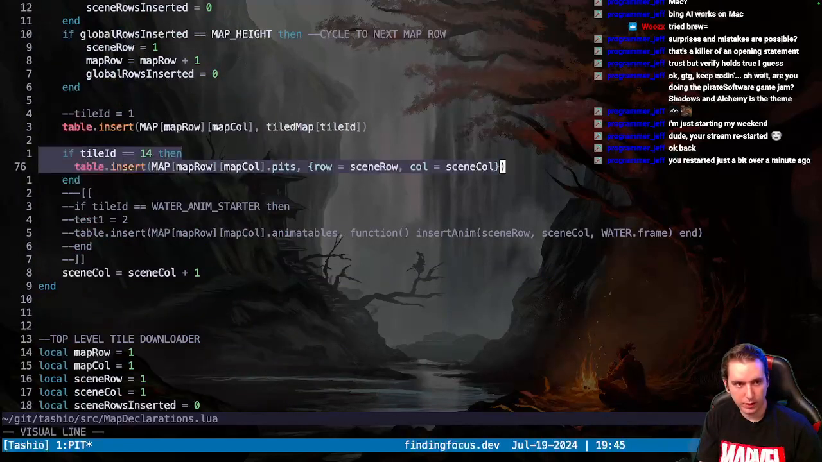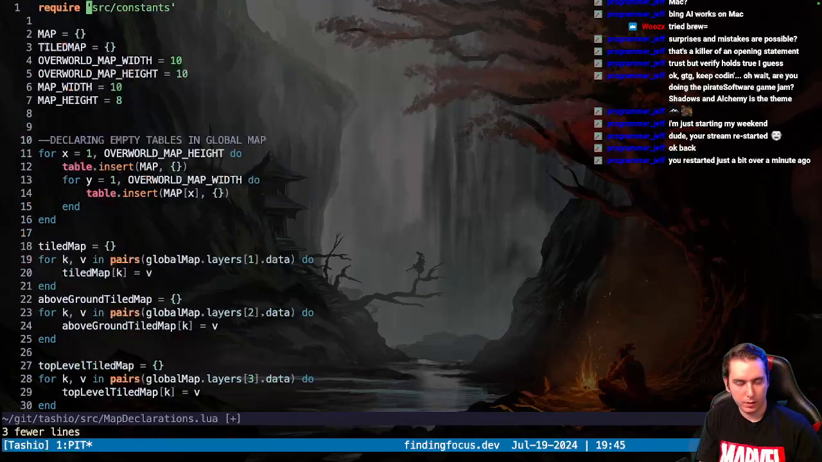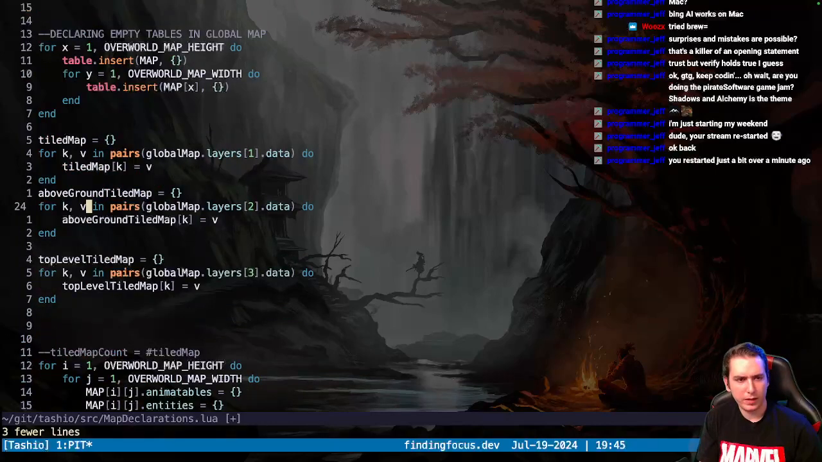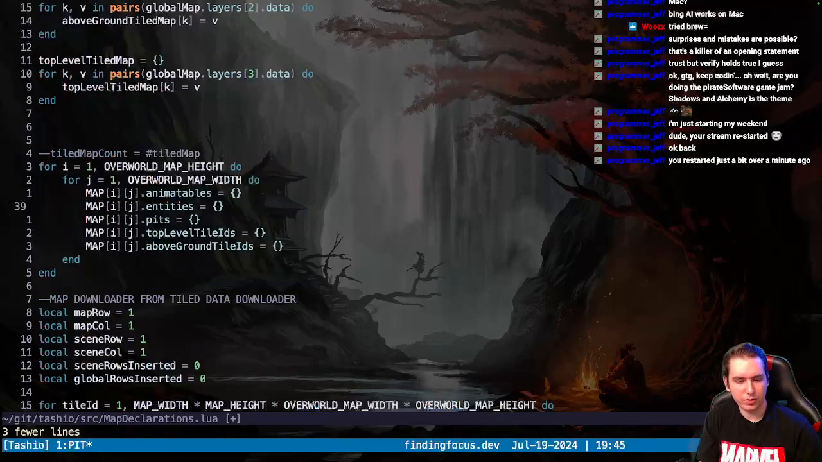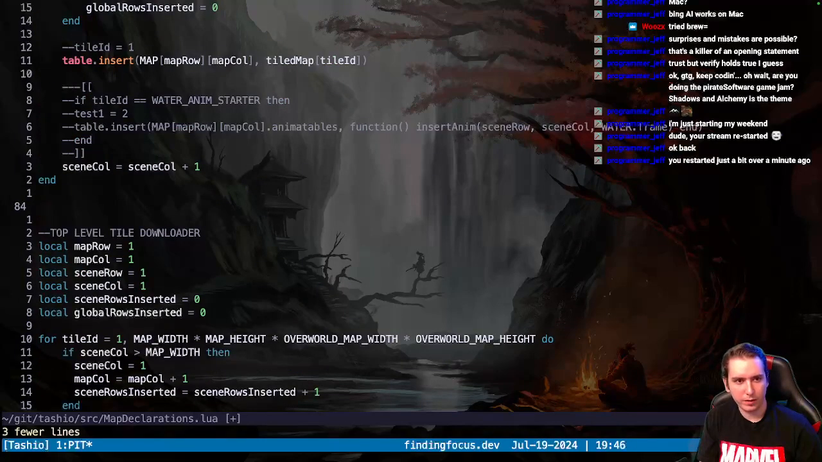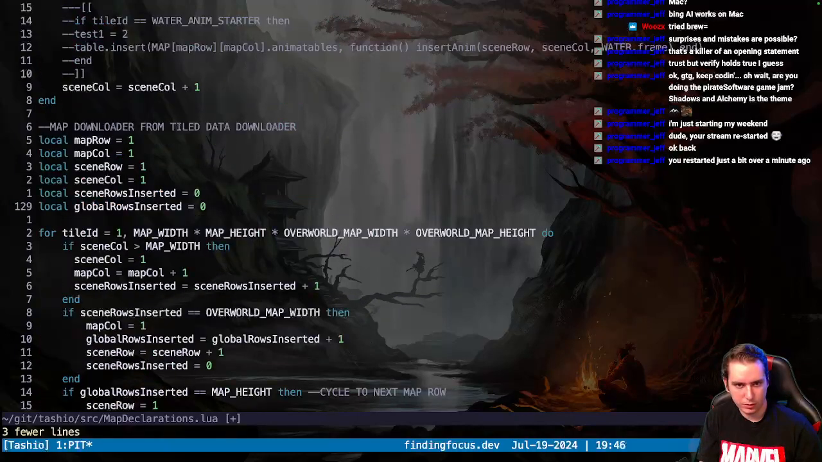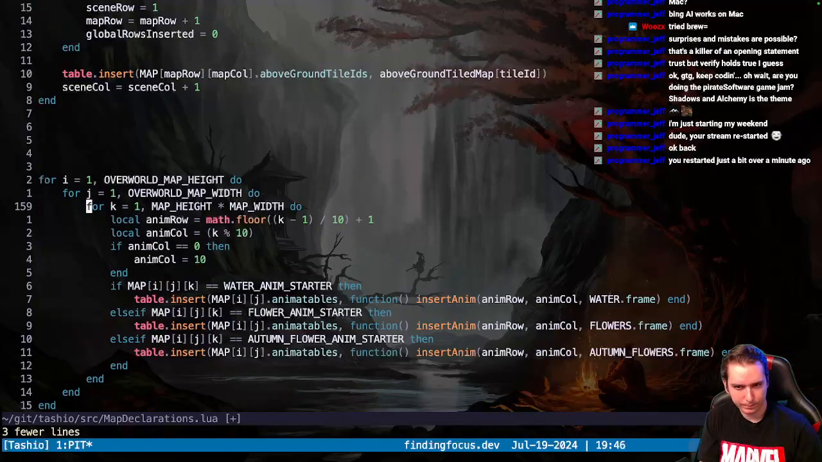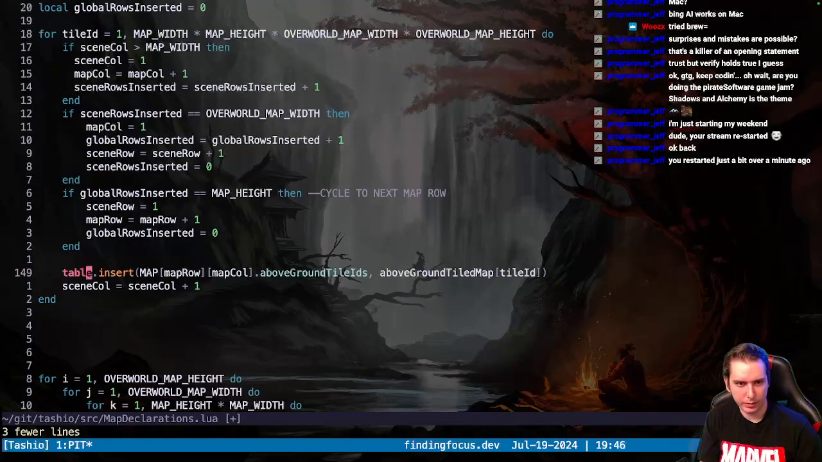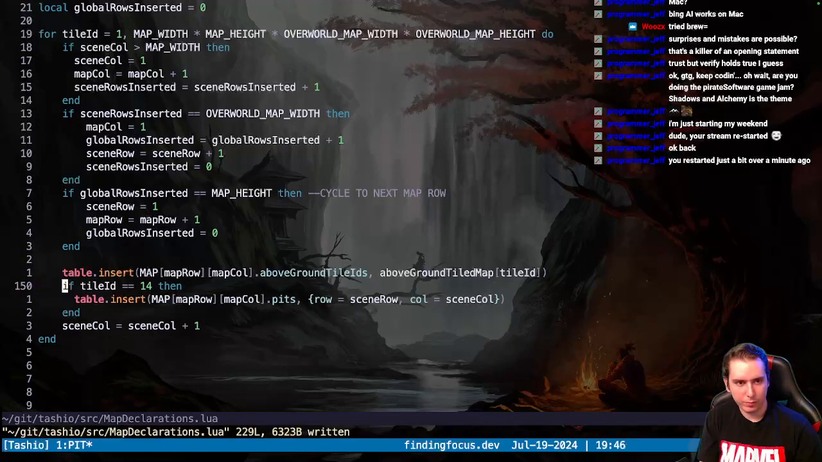So I think, actually I think that was right. No. Okay, so this first one, we're calling it a tiled map, which is the ground, then above ground, which is above the ground, and then top level tiled, which goes above our character. So right here is our ground, so we don't want it there. This says top level tiled downloader, and then this should be the above ground tiles. Okay. So in the above ground tiles, if our tile ID is equal to 14,